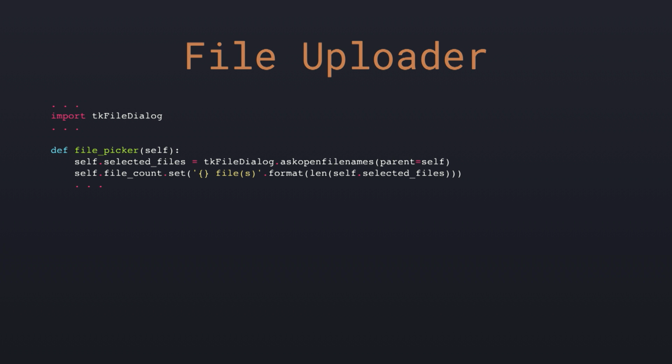Now, you notice in one of those screenshots, I actually had a file chooser overlaid on top of the window. This is where some cool stuff can be done with Tkinter and also where it can get really frustrating. There is a set of dialog classes available as separate items for Tkinter, and the one that we're using is tkFileDialog. It's not just simply calling a file chooser. There are actually 6 or 7 different file chooser options because they will all do different things depending upon what you need. The one that I'm calling right here,